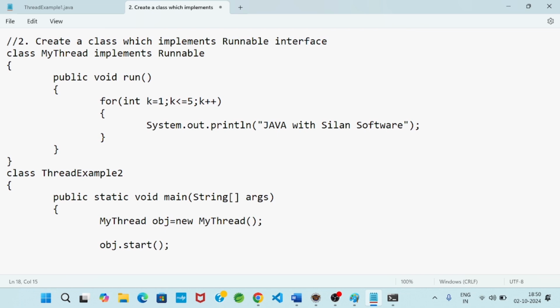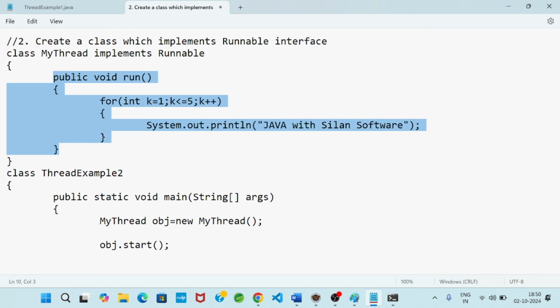But here, if this line executes, an error will arise. In the second approach, when start is called on the thread instance, the run method definition will not execute.